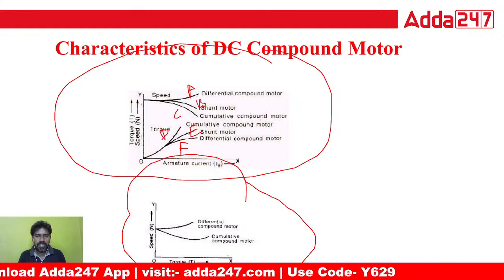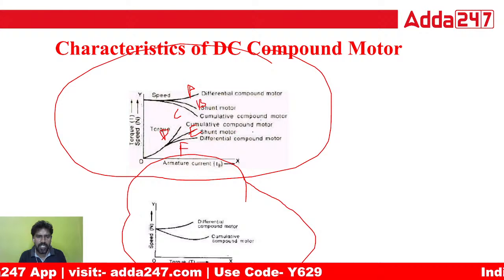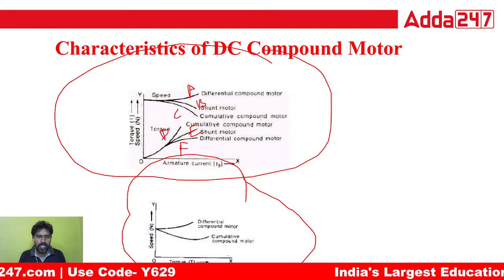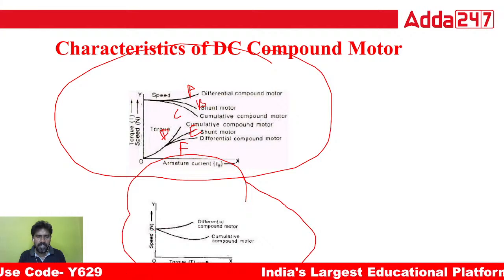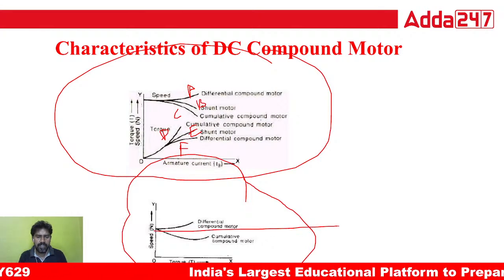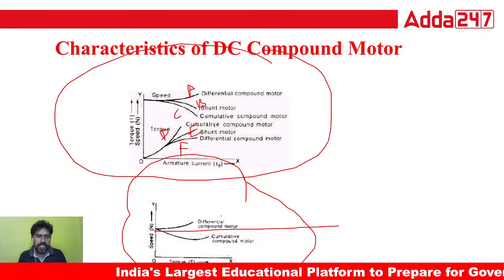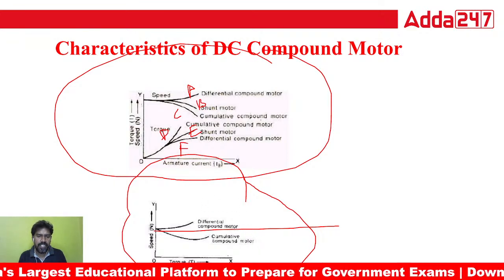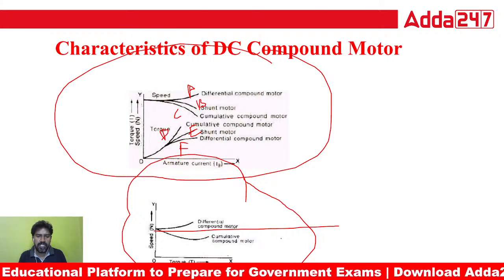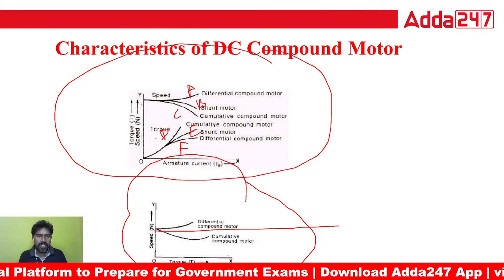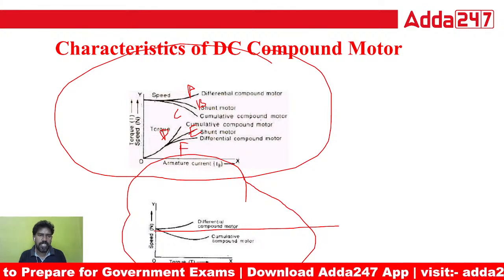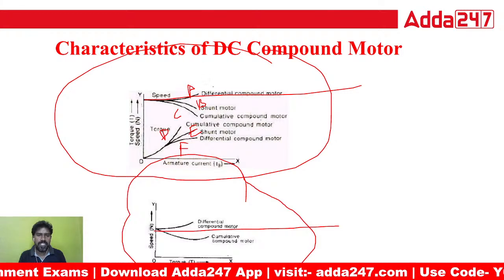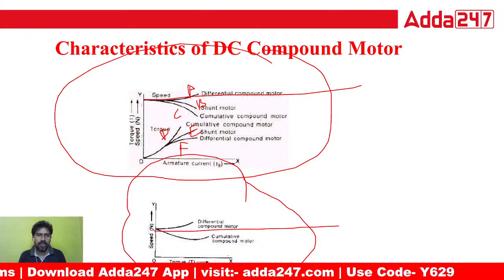Okay. So this is the differential compound motor, shunt motor and cumulative compound motor. Okay. So this is the differential compound and cumulative compound, and this is the normal range. Okay. So it's the normal speed. The speed above the normal is differential, below the normal is cumulative compound. Okay. So here also, in the speed characteristics, this is the normal range. So above is differential and below